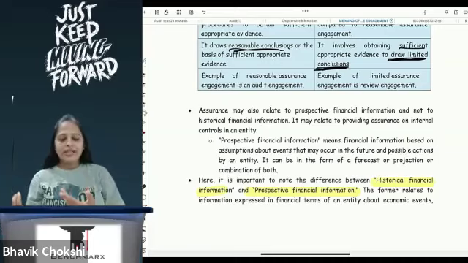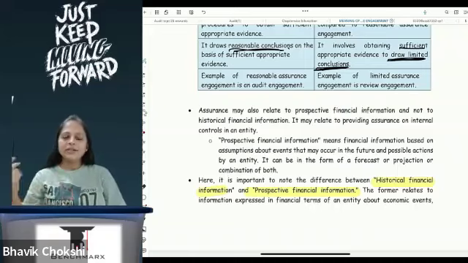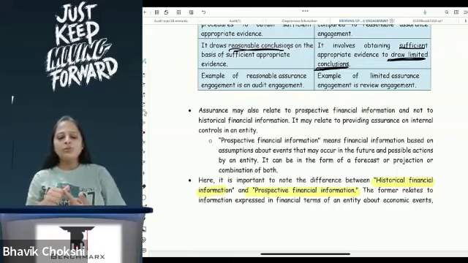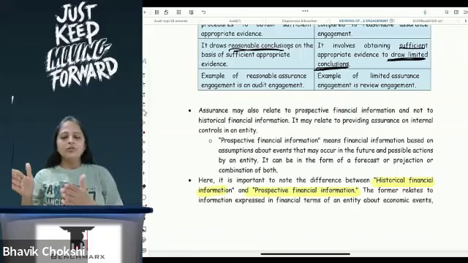But things change. So in prospective financial information, what I am expecting need not necessarily happen due to change in circumstances. It is possible that the prospective financial information may also change. Also, prospective financial information differs from my point of view, from your point of view, from a third party's. So every CA will have a different view on the prospective financial information.